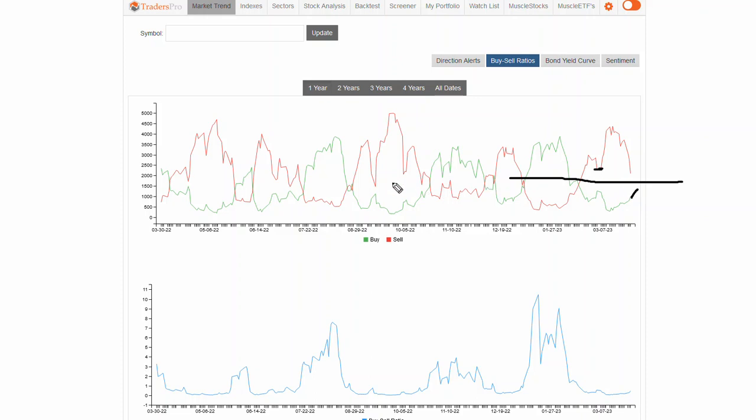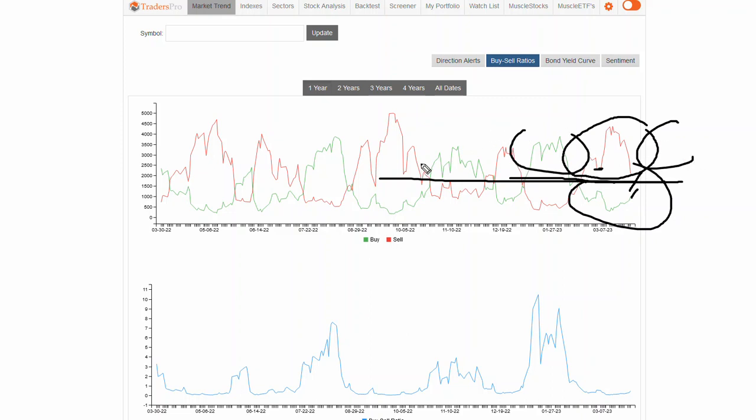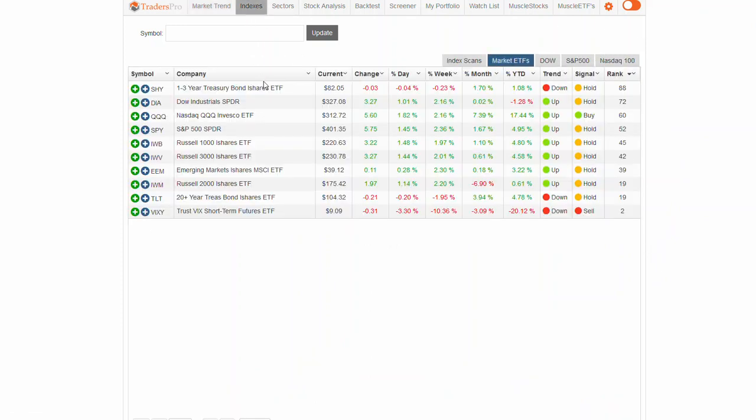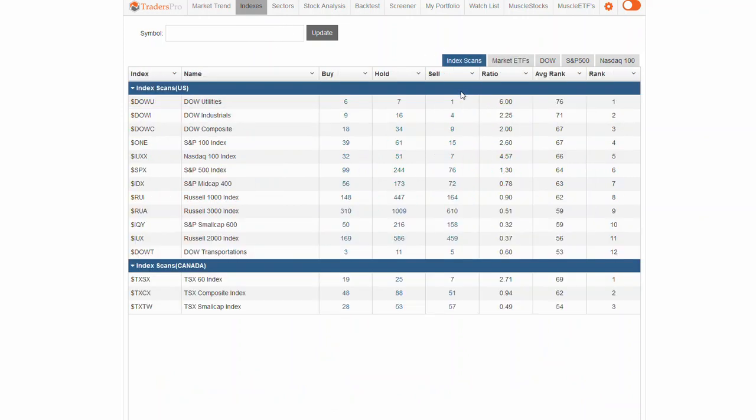We'll see what the next few days bring, but we're getting closer to that shift in momentum from bears being in control back into bulls being in control when we get a shift back into that green, just like here and here. So keep an eye on that in the next couple of days. But we are getting more and more bullish, which is some nice confirmation. I did mention yesterday on the index scans, these buy-sell ratios, they flipped really hard yesterday because we